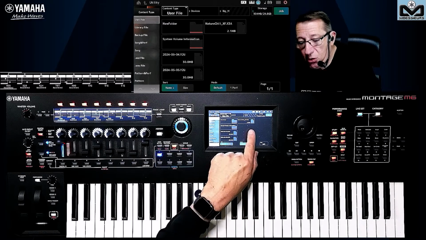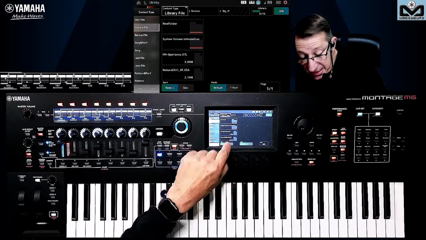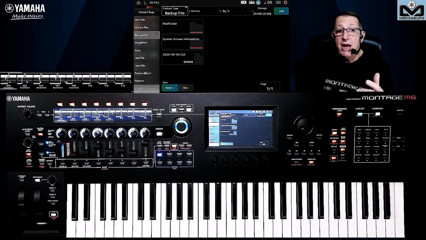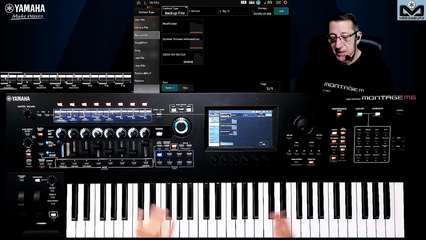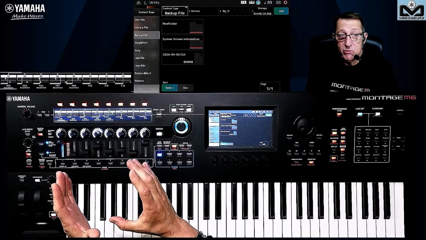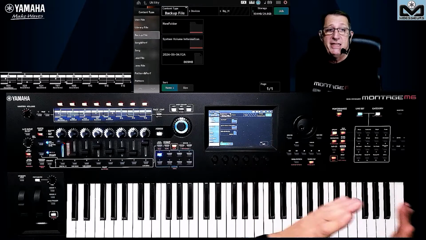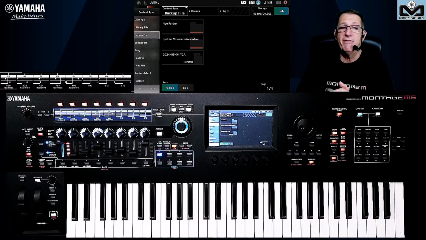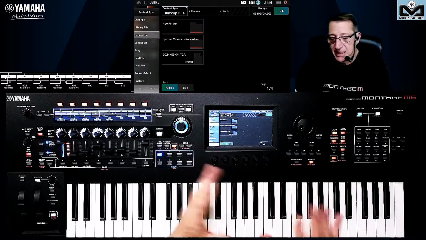But here, this is an old file, and you say, okay, on user, I can see it. On library, I can see it too. If I go on backup, I cannot see it, and it's an old file. Why? Because the Motif XF and XS are built as workstations, and the Montage M is a synth. On the previous Motif, you have a dedicated mode for the voice, a dedicated mode for the performances, a dedicated mode for the song, a dedicated one for the pattern and for the sampling. Here, it's a synthesizer. We have all unified, I would say, in the performance. We do not have all of that. That's why we cannot load all, because also the settings in utility are not fully the same.